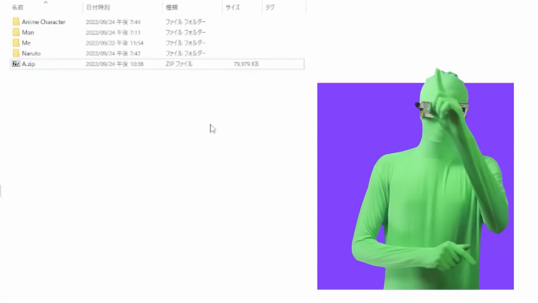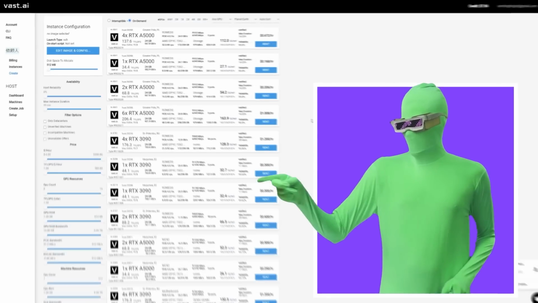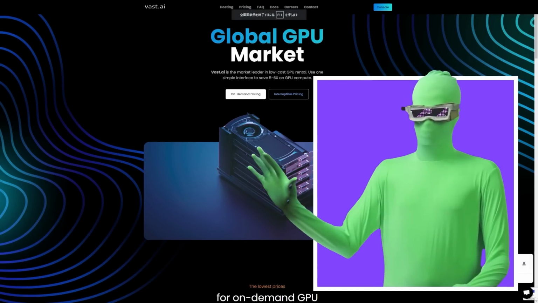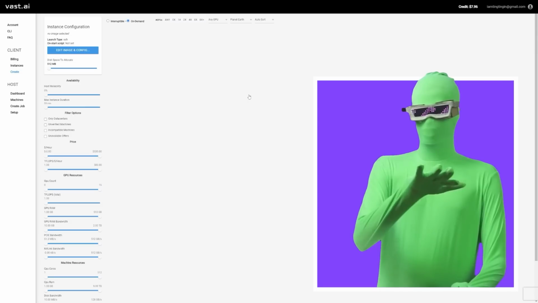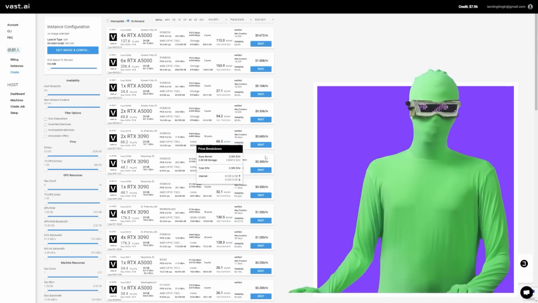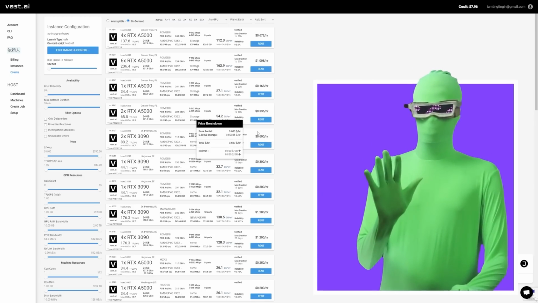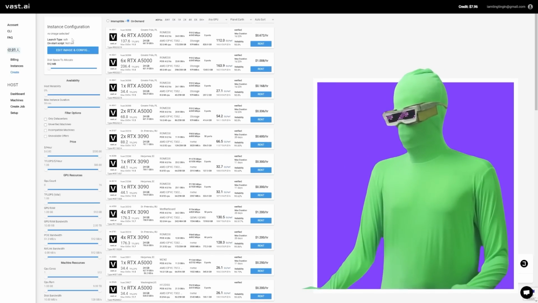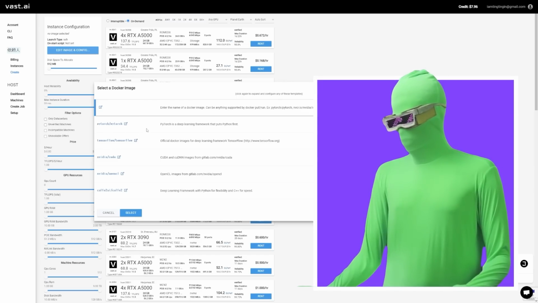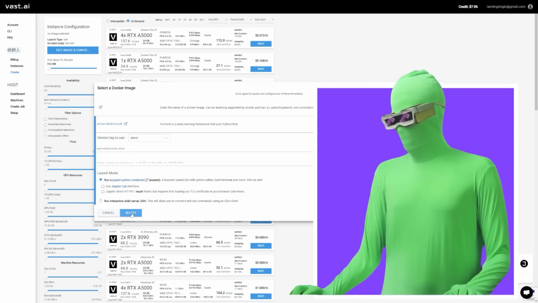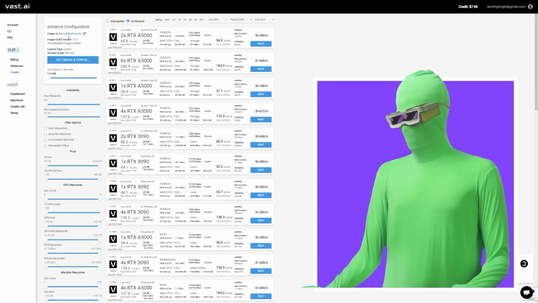So now it's time to head over to VastAI. We're on vastai.com, right? If you just go to vastai.com, you want to click on-demand pricing here. You should already have your account set up, and you should be able to see this screen. The first thing you want to do before anything else is go to edit image and config. You want to come down to PyTorch, select this, then click select. So now once that's there, you should be set up.